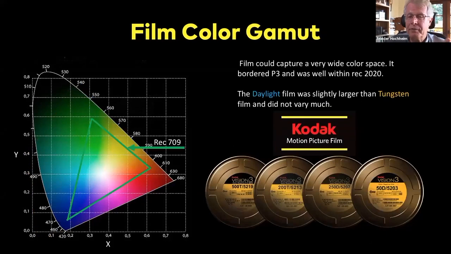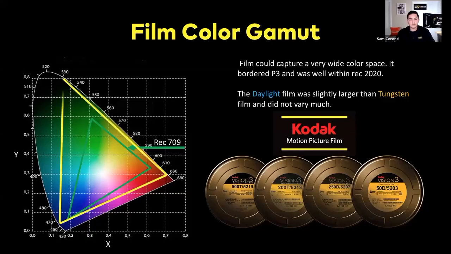We talked about film. Now in the film days, it was all analog. We never talked about gamut in the film days. But since we have the data, and we are now in the 21st century, we are talking about gamut. I thought, okay, well, what if we were to plot film stocks, daylight and tungsten? How do they compare to what these cameras were seeing? And so,